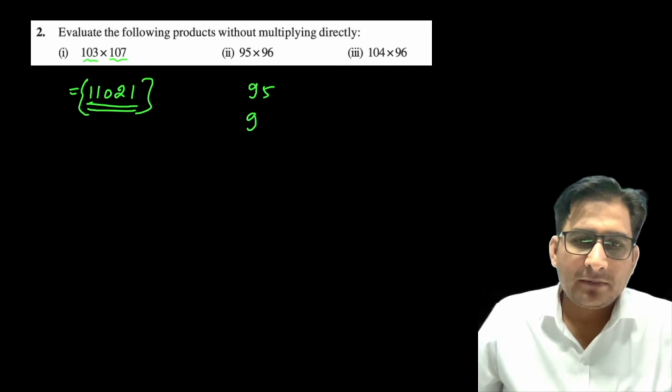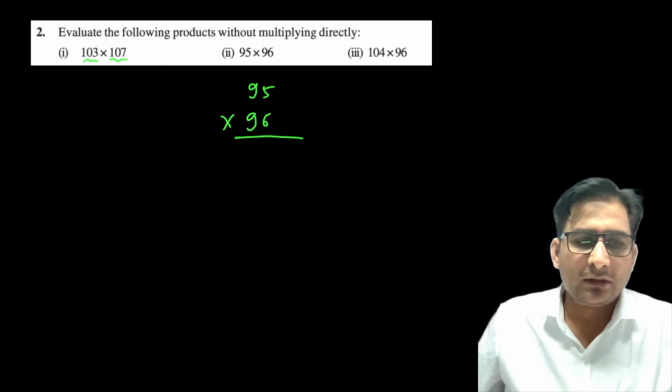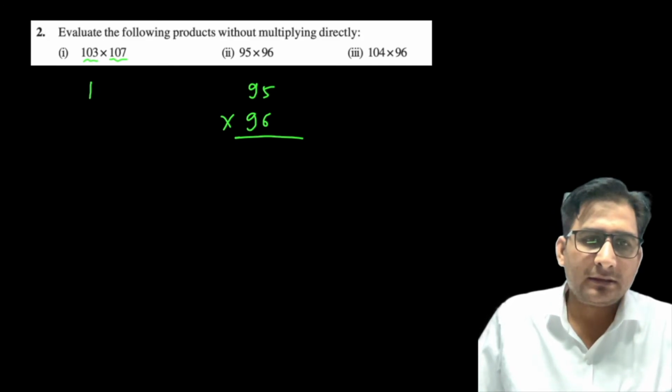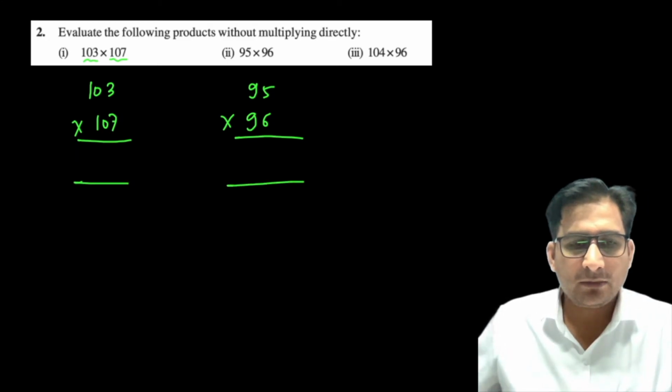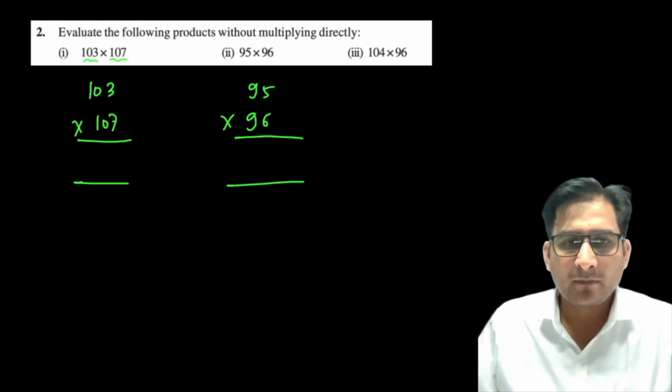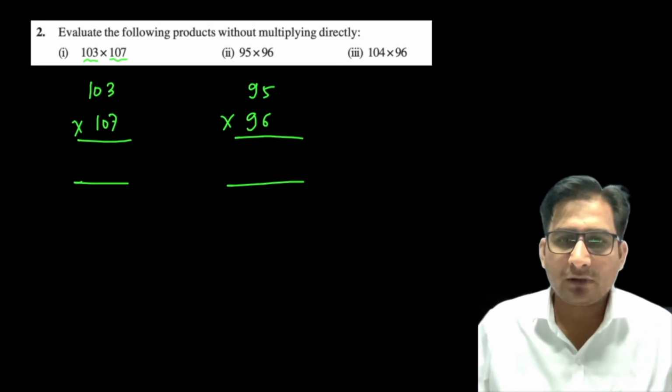95 को मल्टीप्लाई करना है 96 से, तो आंसर आ रहा है 10. सबसे पहले इस क्वेश्चन को मैं आपको बता दूं, आपको एक इंटरेस्टिंग चीज़ दिखाता हूं आप लोगों को मल्टीप्लिकेशन में. Okay, look at this interesting thing. All of you pay attention for 1 minute.